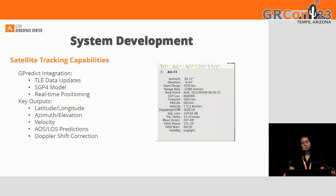How it works is the backend automatically fetches the most current TLE information for all active satellites from Celestrak every 24 hours. Then the user, through the graphical user interface, enters a satellite catalog number that they want to track. The backend searches for the TLE that corresponds to that catalog number and passes it through the SGP4 orbital propagation model, and then we get the following outputs that you see in the picture